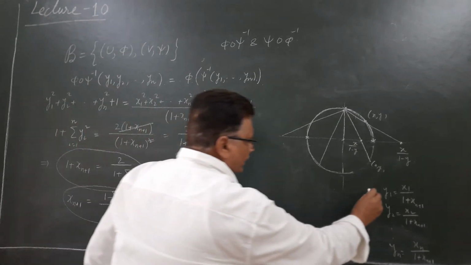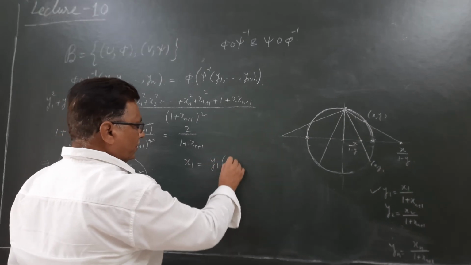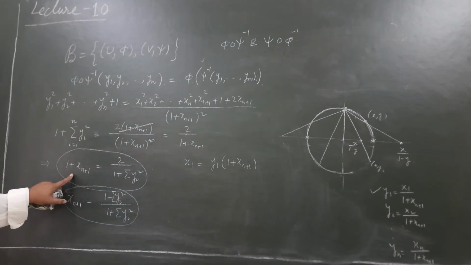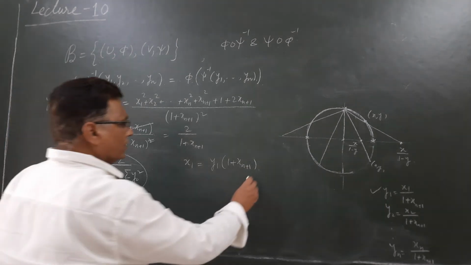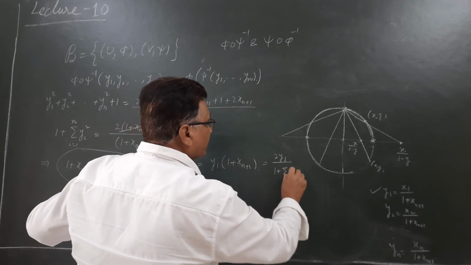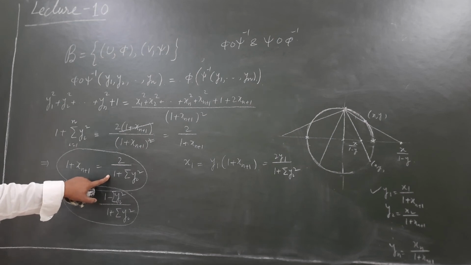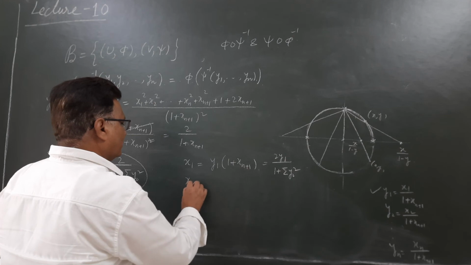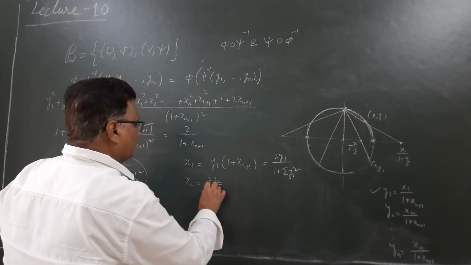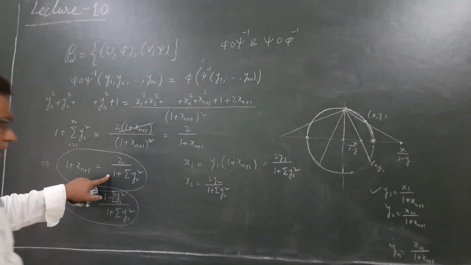तो x1 क्या है देखिए ज़रा, x1 यहाँ पे देखिए तो y1 टाइम्स 1 प्लस x_{n+1}, 1 प्लस x_{n+1} को हमने संभाल के रखा हुआ है, तो ये हो गया 2y1 अपॉन 1 प्लस समेशन y_i स्क्वायर, ठीक है, x1 आ गया, बिल्कुल ठीक उसी तरह x2 भी आ जाएगा। तो सिमिलरली आई कैन राइट डाउन x2 इक्वल टू 2y2 अपॉन 1 प्लस समेशन y_i स्क्वायर, ठीक है।